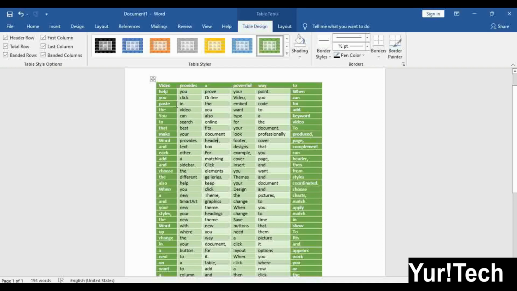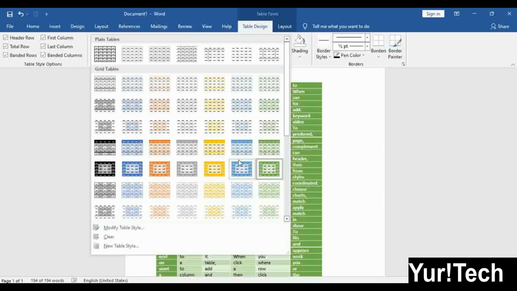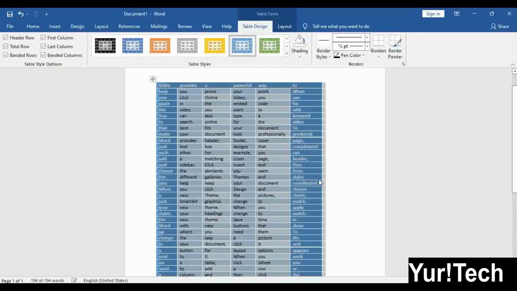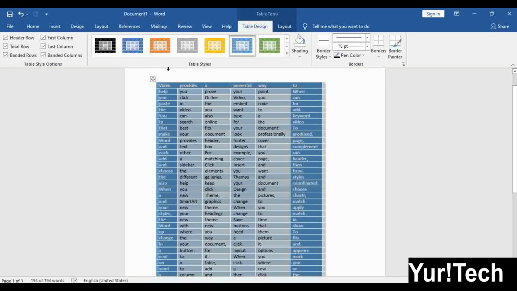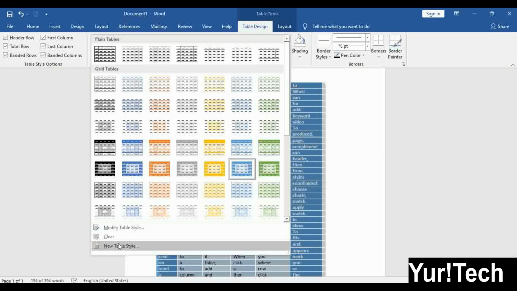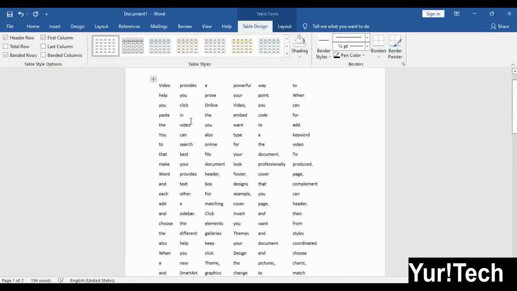This is the default color, or default style, that we get from Microsoft Word. But the question is, what if you want your own color? So for that I will remove this color: select this, and come here. Here is Clear. Click one time on Clear. My color is cleared. Now my table is clean.